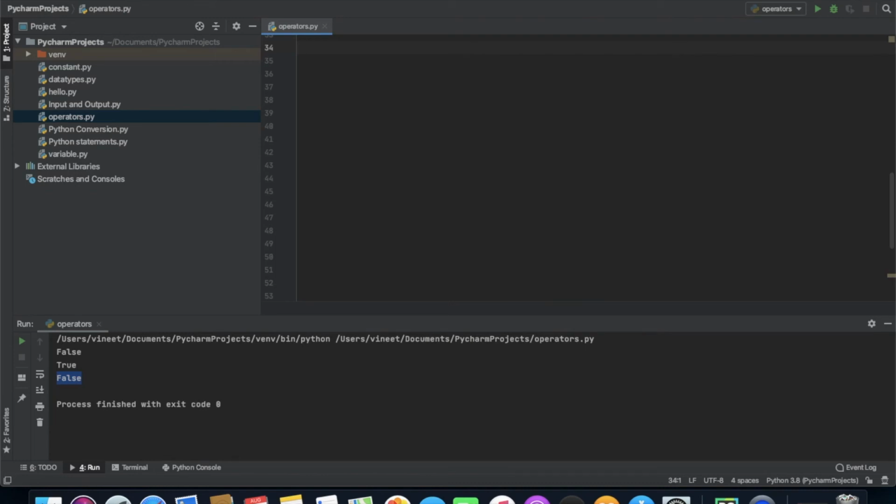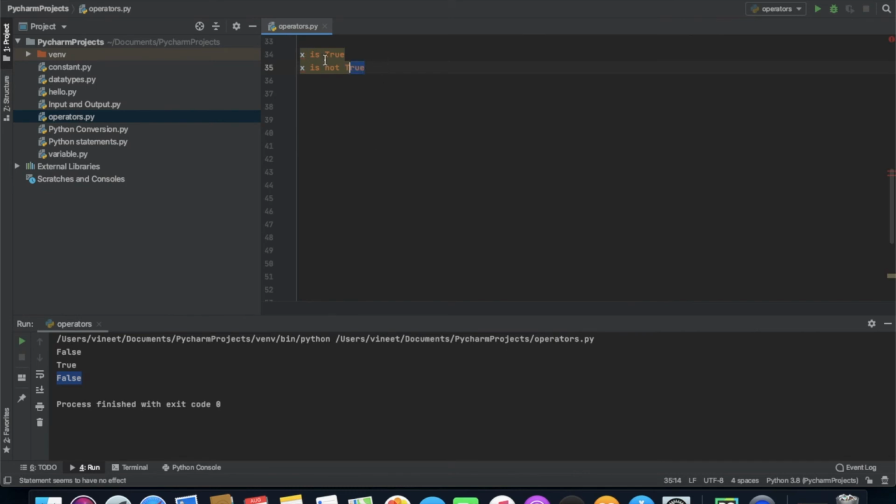Basically, is means true if the operands are identical, like x is y, and is not means true if the operands are not identical, like x is not y. This is how we can use the identity operators.